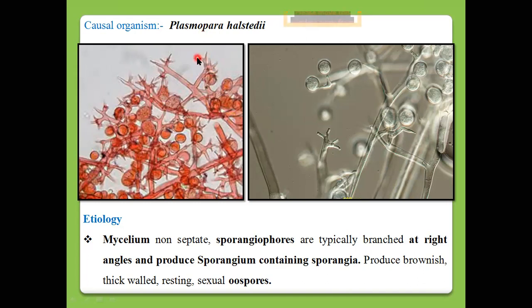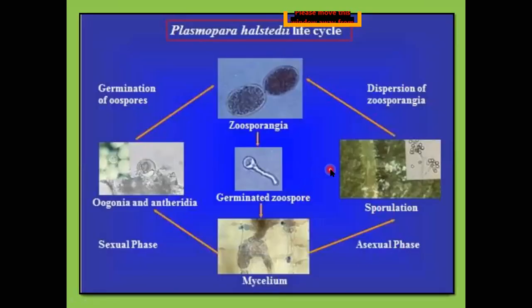This is the main characteristics of the Plasmopara genus. The same case is generally seen in the downy mildew disease of sunflowers. Other primary and secondary sources are the same. The primary source means infected seeds or oospores present in the soil, or infected plant debris in the soil. This is the main source for initiating the disease in the